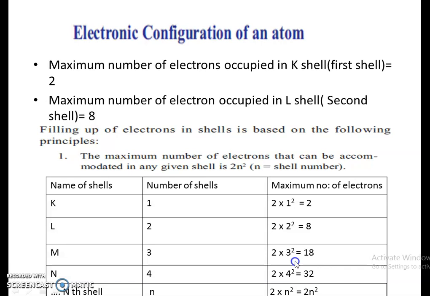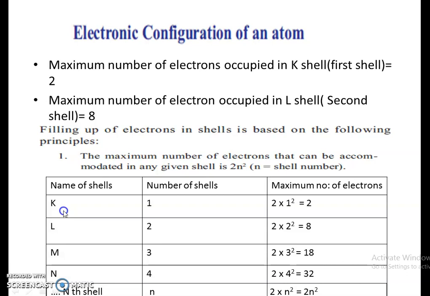If a particular atom's outermost shell is completely filled with 8 electrons, we can say that the atom has an octet electronic configuration and is completely stable. Its energy level is stable because it is completely filled. So whichever shell number it is, if it is the outermost shell, it should have 8 electrons, excluding the first shell, because the first shell can occupy only 2 electrons.